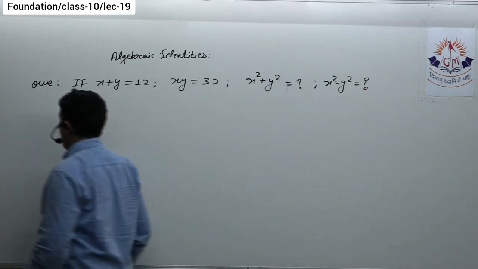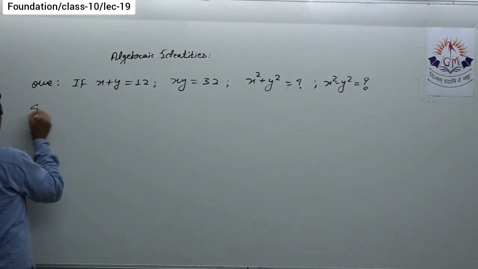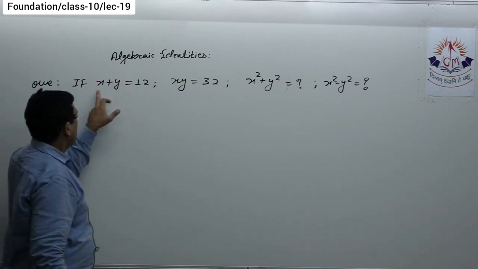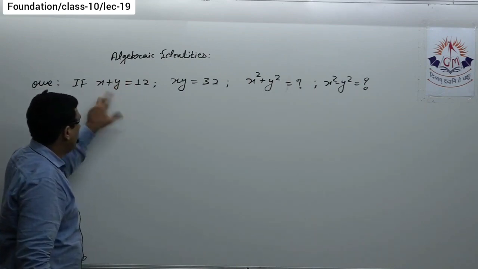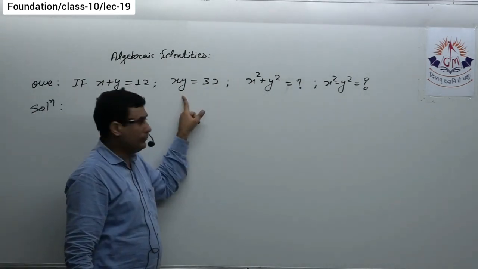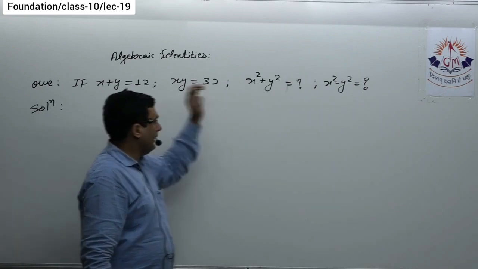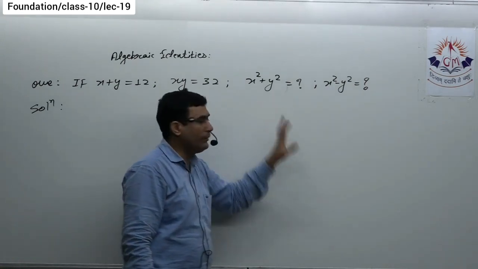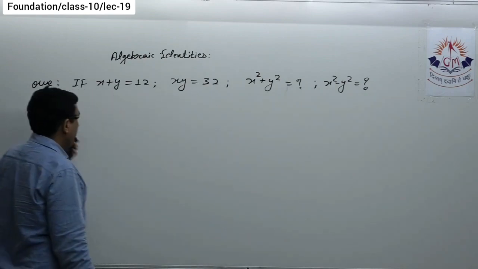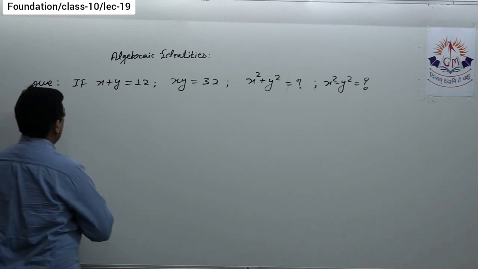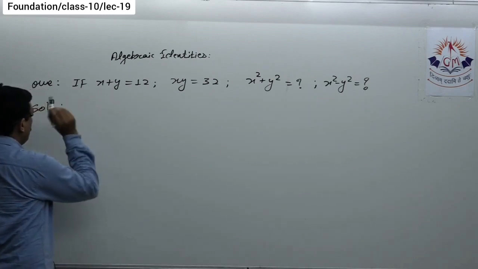Okay, so again, if I try to get the values of x and y by hit and trial, this might be 8 and 4, because 8 plus 4 is 12 and 8 into 4 is 32. So if I use that way, it is very easy to get their values. Just I have to put the values of x and y in this to get these answers. But if I have to solve it in a proper way, that is for the subjective part, then let us see how I have to solve.